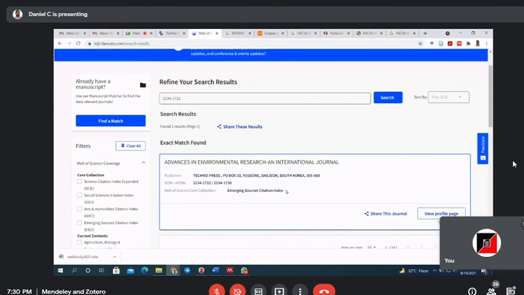Okay, ACE does not belong to the Scopus group. Even the impact factor number is provided by the Web of Science group, but the SJR ranking and other rankings for every journal are provided by the Scopus group. So both Elsevier and Web of Science are two big giants in the research industry.